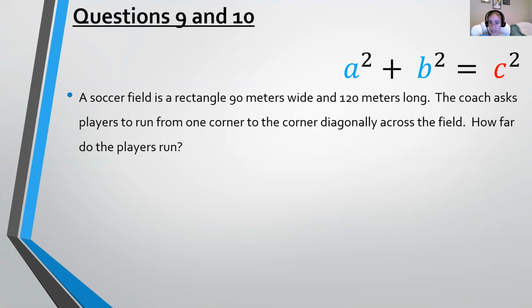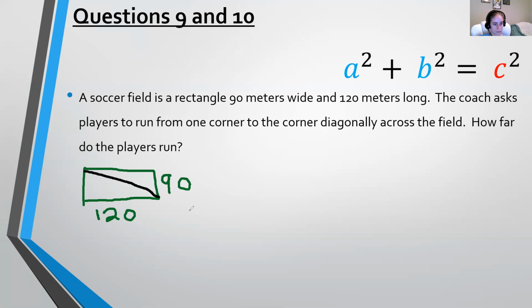So we have a soccer field and it's a rectangle. All right, let's draw that. Let's make it green since soccer fields are grass. All right, so here's our beautiful soccer field. It's a rectangle and it's 90 meters wide and 120 meters long. And the coach asks for players to run from one corner to the other corner. And it doesn't really specify, and because it's a rectangle, do you think it matters? No, not really. Let's just go ahead and draw a diagonal